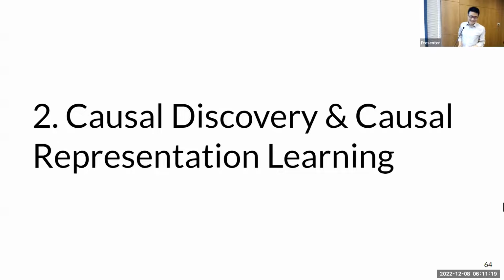So good. Now let's have a quick look at the second part. Essentially, let's see how we can discover causal information from data. In many cases, we may have a lot of hidden variables in the system, and you can see under what condition we can really locate the hidden variables and estimate their relations.